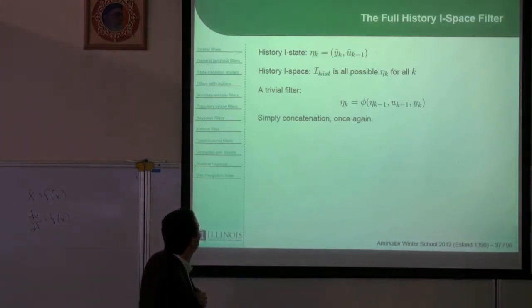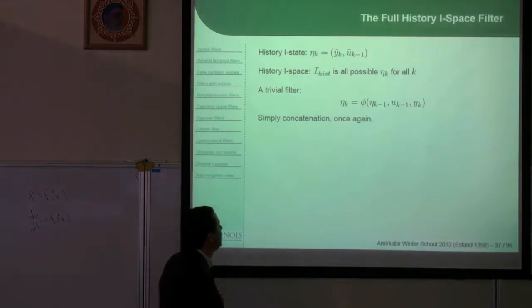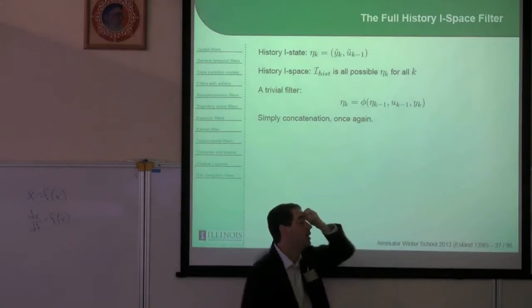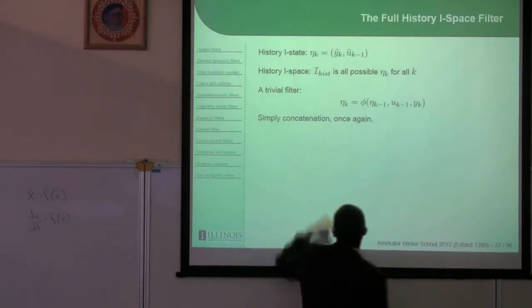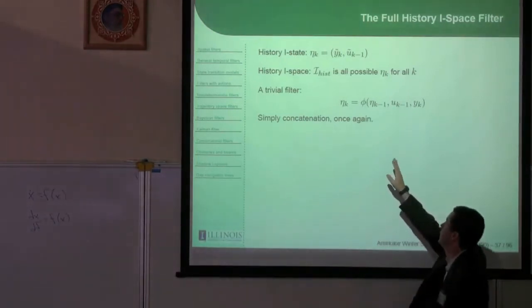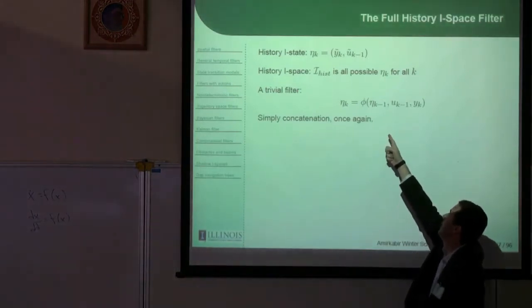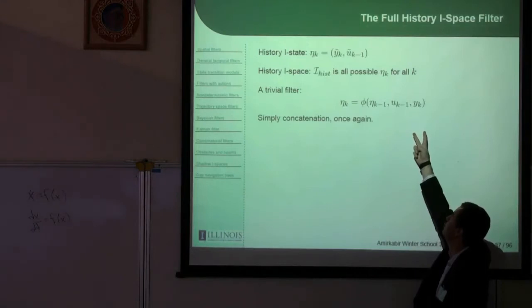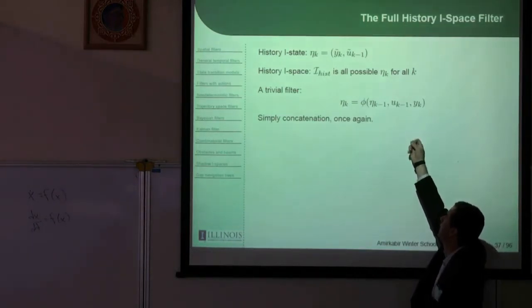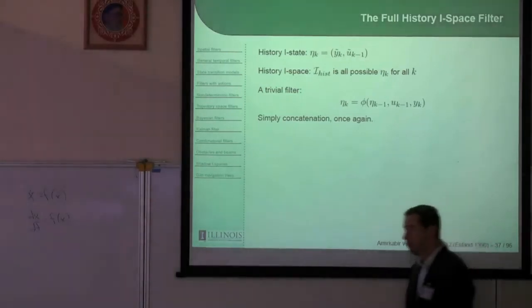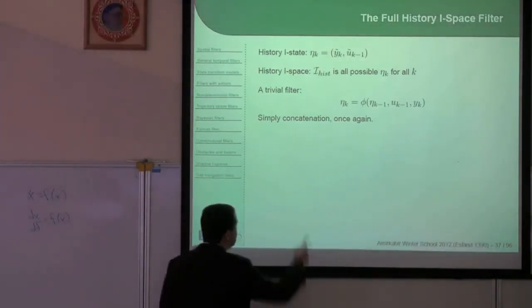So I can make a very trivial kind of filter again. This is the kind of filter that does not remove any information at all. It keeps everything. And it does that by just doing this very simple transition. I take my entire history up there, k minus 1 in this case, and I just take the new action and the new observation, and I just concatenate them on. Right? So when that filter transitions,